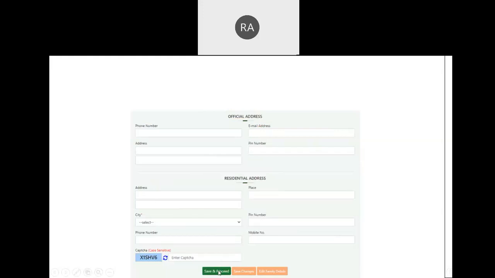When you click save and proceed, it will take you to another page where your details are entered, and then you have to enter the details of your family members. The details which would be required there are name of the dependent, age of the dependent, relation. Okay, so these are the basic details which are recorded, right? Then finally, you have to press the final submit button, and then you have to take out the printout. Up to here is your first step.